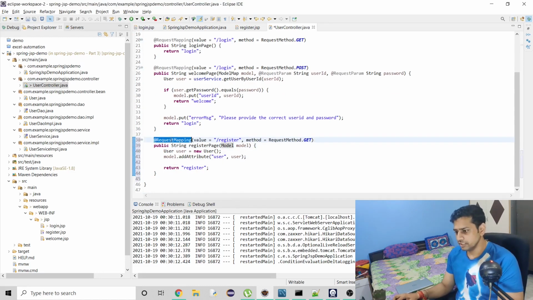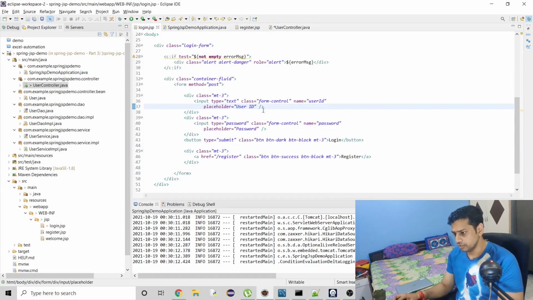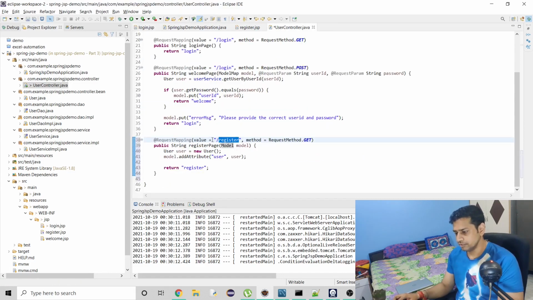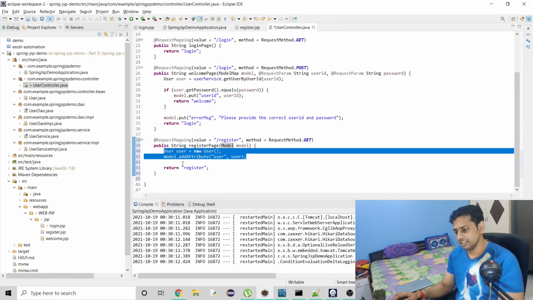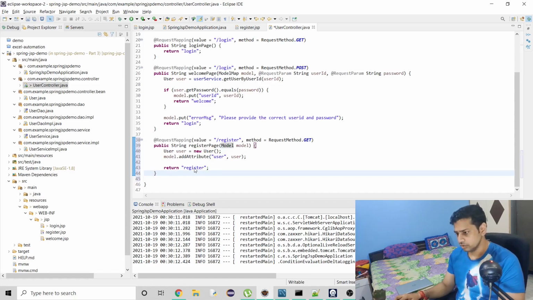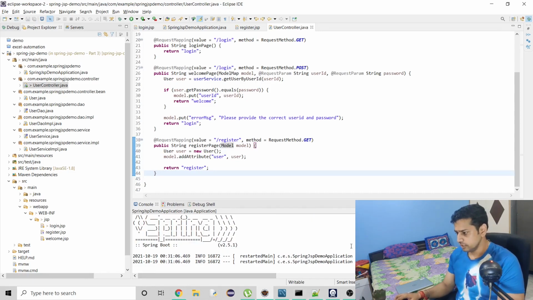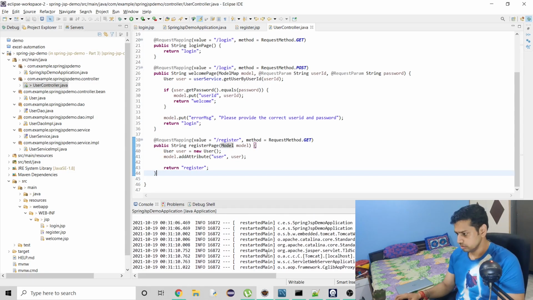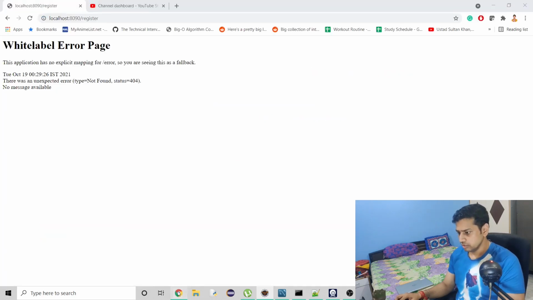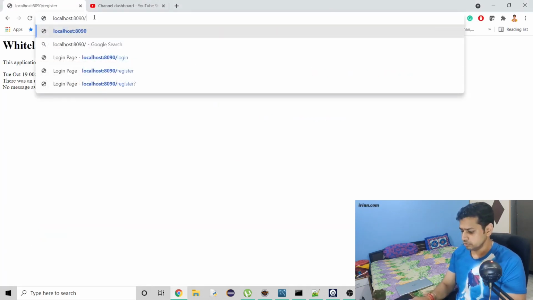So here if you see, this request mapping is for this register which we added to this login button, and here we will come to this request, and here I have a model added, and this I can remove right now, but it is for the purpose which I'm going to use it for later. So this is going to redirect. So if I save it, Spring will refresh it, and we have to wait for it. Okay, done.